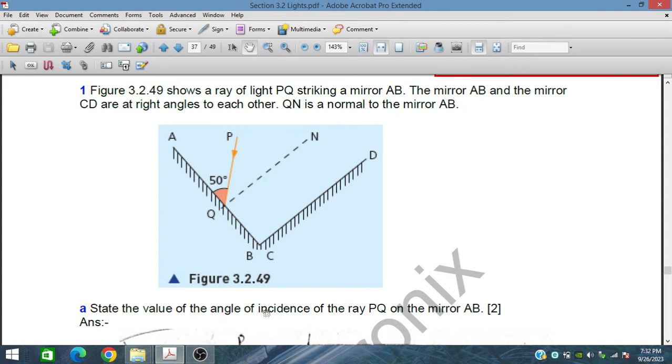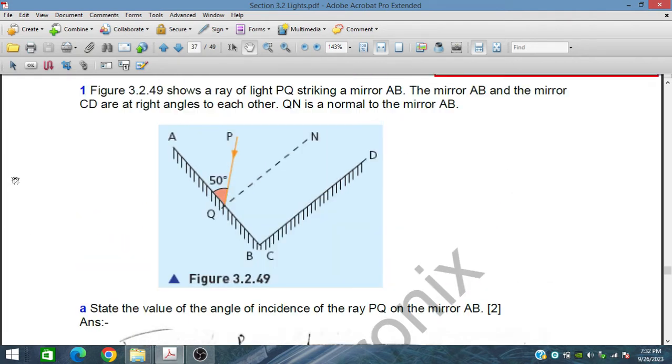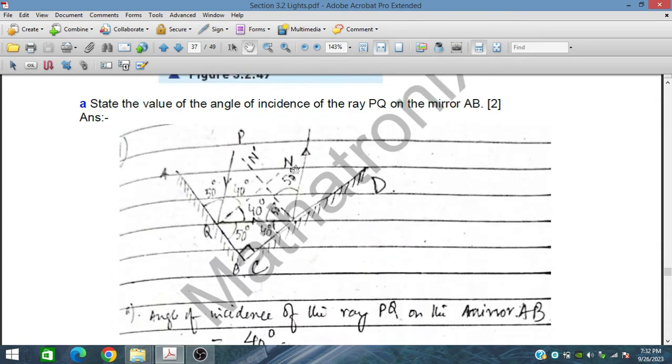Now state the value of the angle of incidence of the ray PQ. So this angle of incidence is 40 degrees, because this is 50 degrees. From the normal to this ray is 40 degrees. This is part 1, and in the next part B,